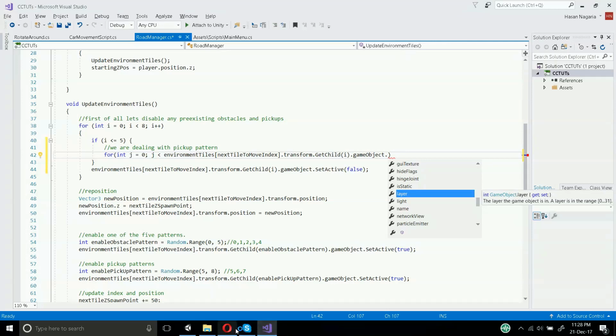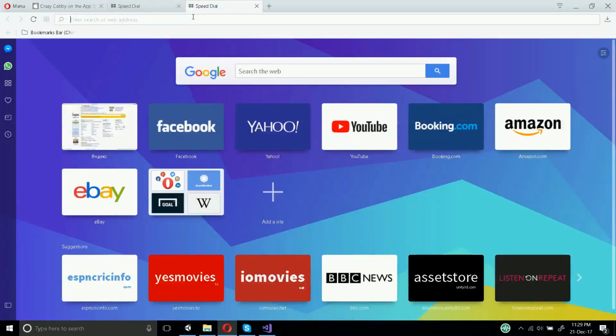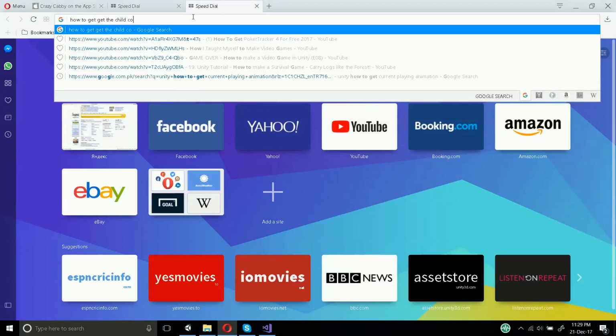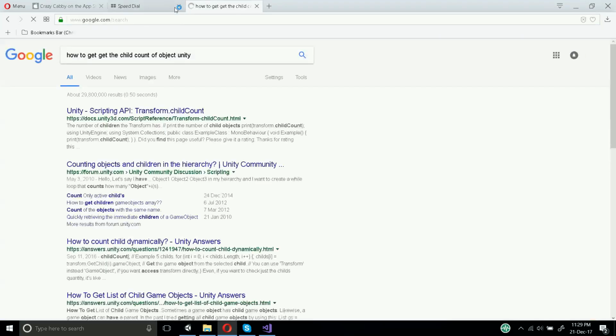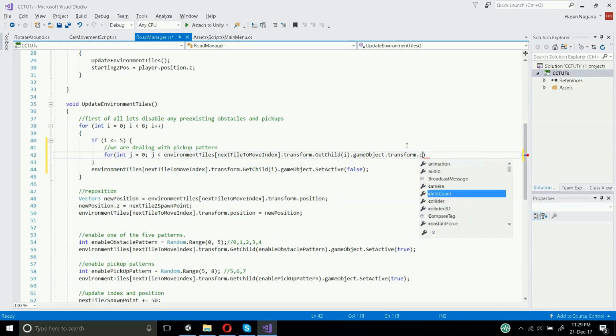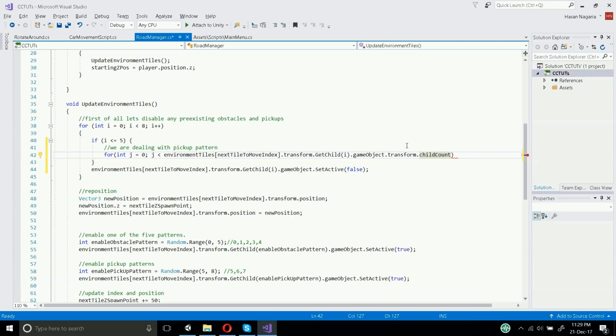Okay, so when we're stuck, we look it up. So how to get the child count of object Unity. Okay. Transform.childCount. Okay, so let's try this. GameObject.transform.childCount. Okay, this seems to be it, hopefully, and we'll see. So for int j equals to 0, we get the game object. Now this is getting a little bit big, and you know it's really bad practice to have that many dot operators. So you could extrapolate this into a variable and such, but I'm not going to bother right now. So get child count and